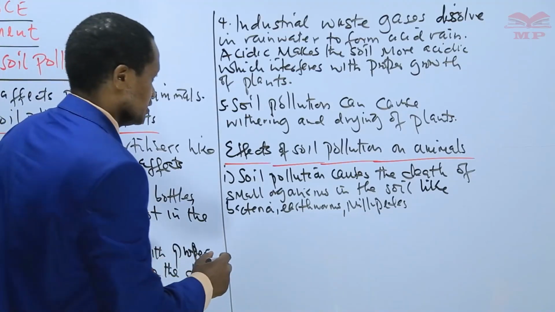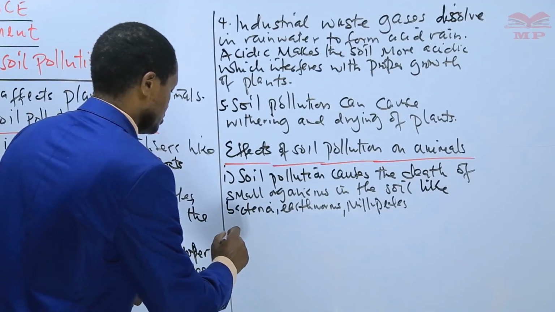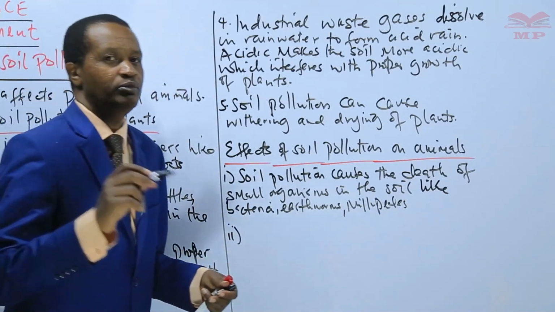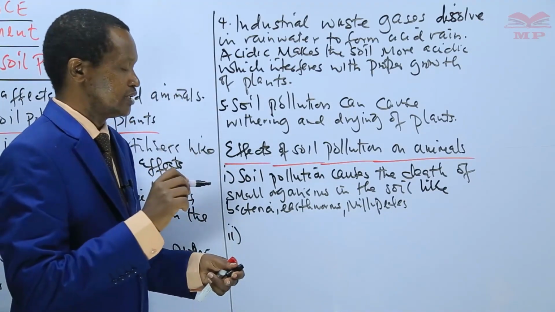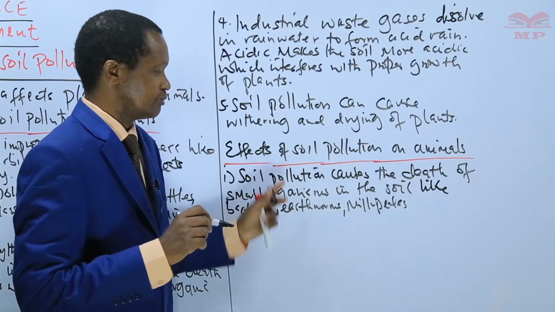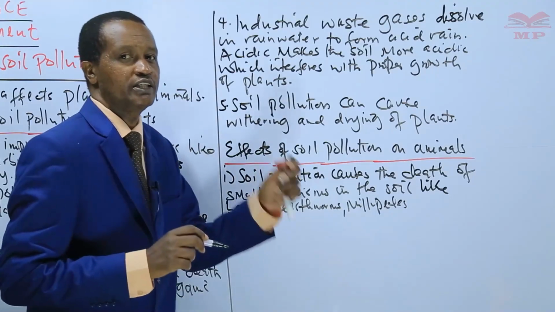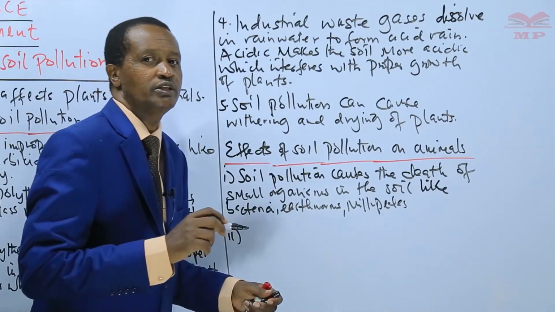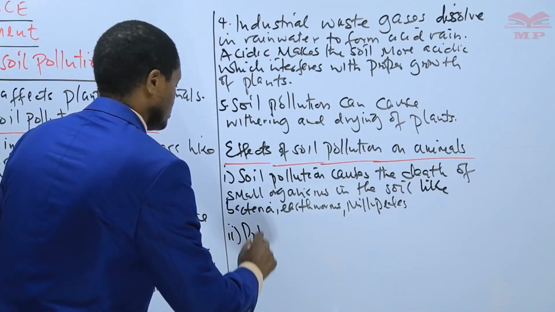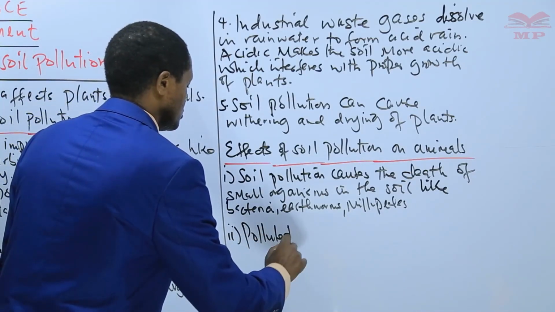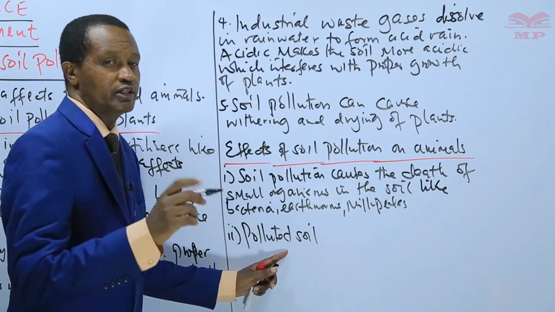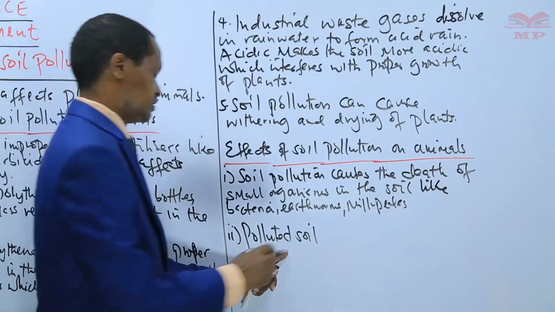Then number two, learners, polluted soil. We are talking of soil pollution effects. Polluted soil loses its fertility and does not support proper plant growth. Polluted soil loses its fertility,